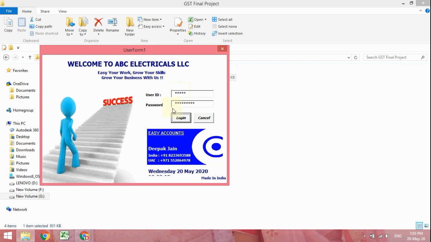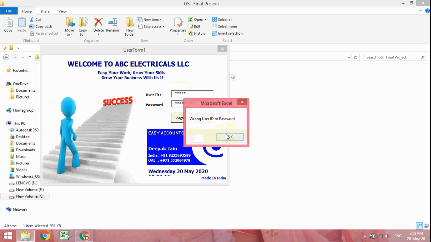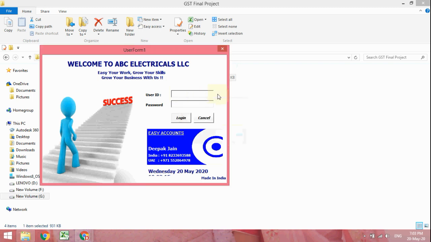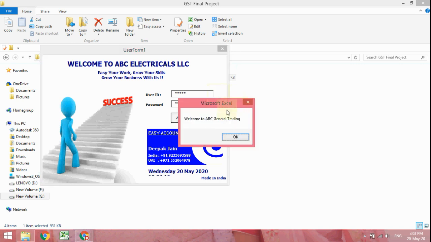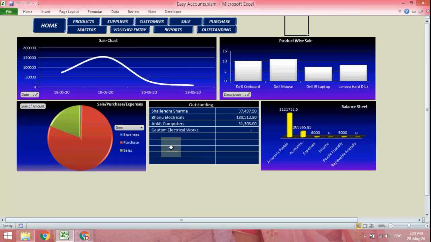See, when I log in, this is showing wrong user ID or password. Actually I put the wrong ID. Now I will put my right ID, and you will see a welcome message, welcome to ABC General Trading, and let's start with this. Now here